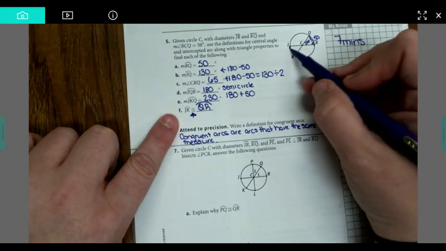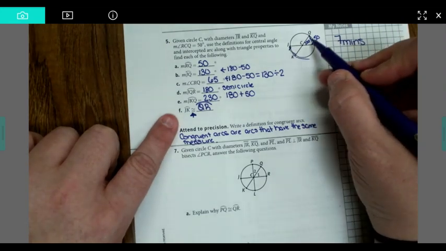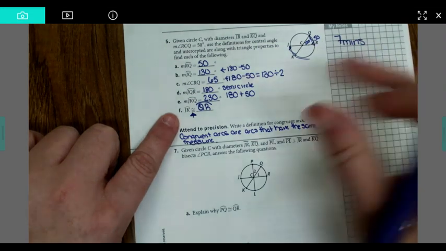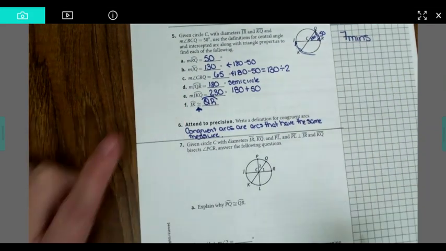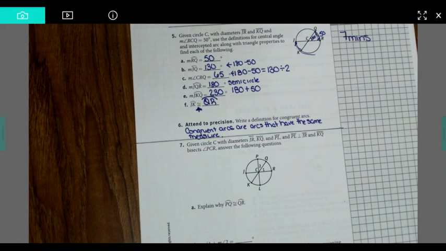Then it says the measure of JK and the measure of QR are the same degree measure, the same arc measure. So I could say that congruent arcs have the same arc measure. On to the next set of